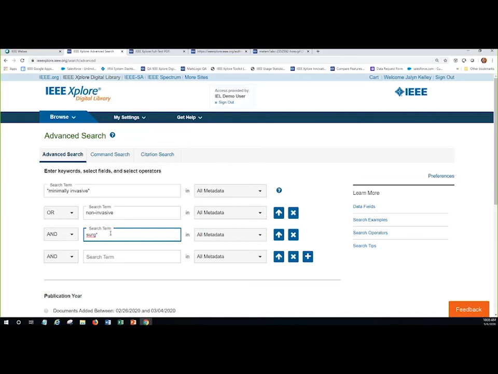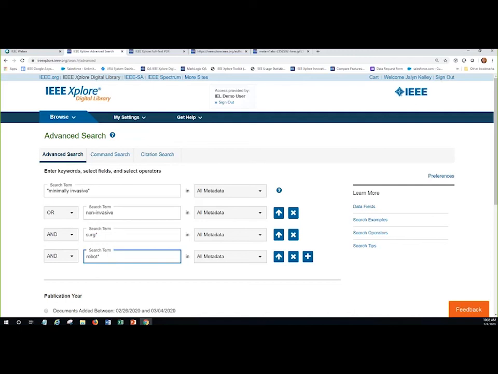Now, you can use the asterisk wildcard at the end of a word, as I've done here. But you can also use it at the beginning of a word or in the middle of a word. So, for example, if I did asterisk technology, it'd find any word that ends in technology. So it'd find the word technology, but it'd also find nanotechnology, biotechnology, etc. So you can really use that asterisk wildcard in pretty much any way. I'm going to do the same thing with the word robot here because I want to pick up robotics as well.